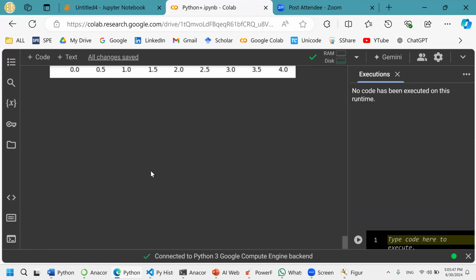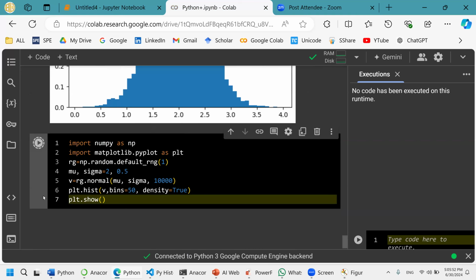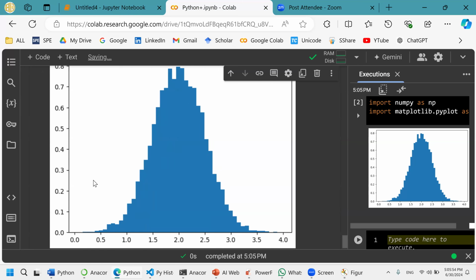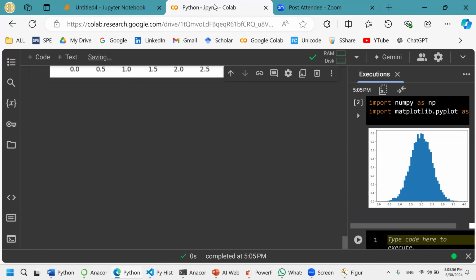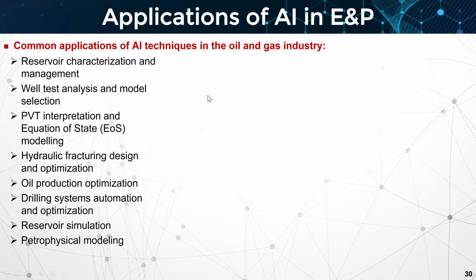Even you can use, as you can see, Google Colab to run the same code on this cloud-based application for Python. So now back to this to go through the applications of AI in the E&P industry. We have unlimited applications, the common applications including reservoir characterization and management, well testing, design and interpretation, PVT and